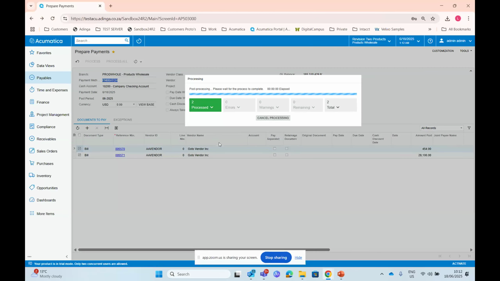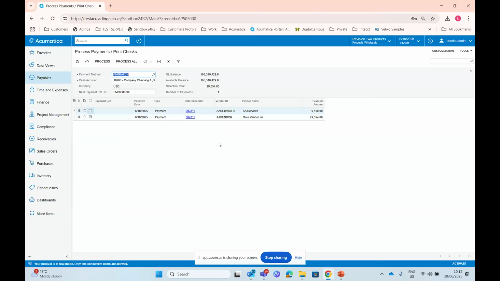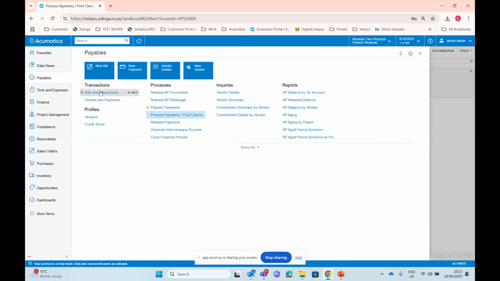At this point, you can also put approval on your payments. The approval, that one didn't tick, so I'm just going to say process. No, I'm not going to say process all now. So you can go this way and do all your payments. If you wanted approvals, you can set up approvals, and at this stage it will go to pending approval, and then from there you can approve it. I'm just going to show you quickly.